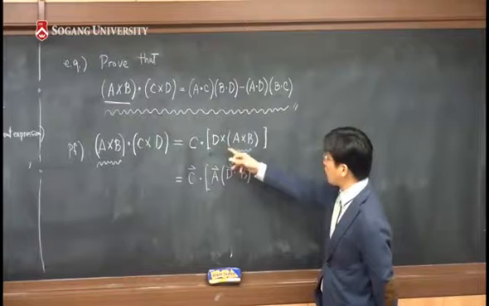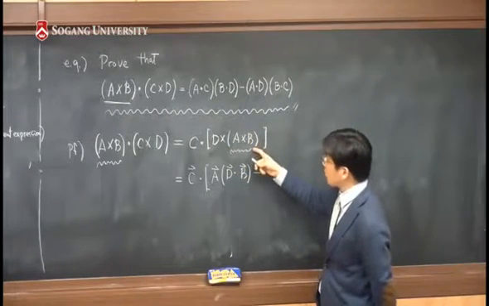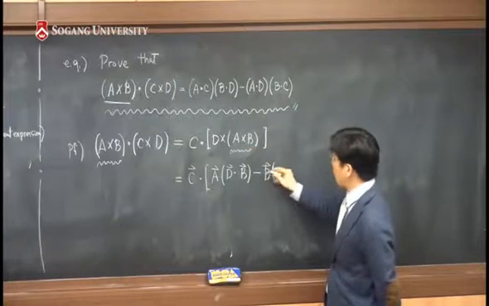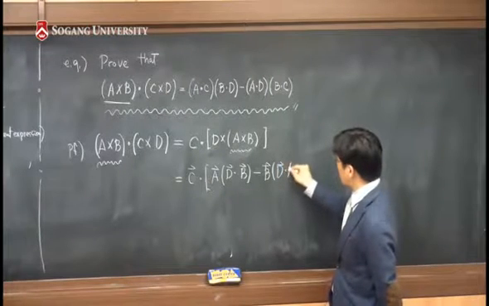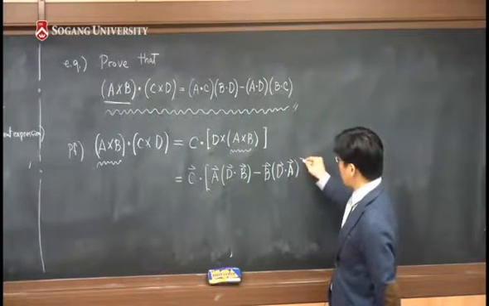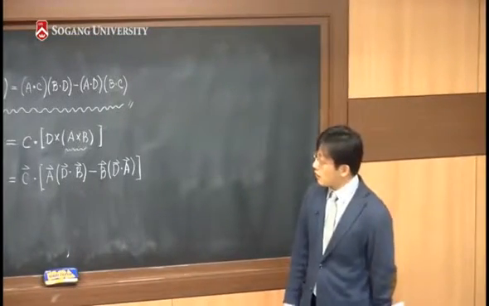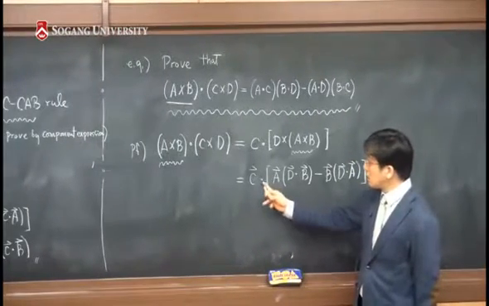BAC-CAB. CAB, C will be the very last vector. In this case, it will be B. So B vector and dot product of these two. So D dot product of A will be the formula. Okay. So this is what you have, and then as we saw in the previous class that this dot product